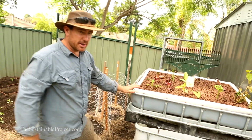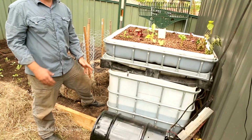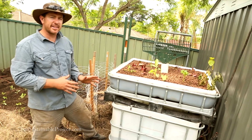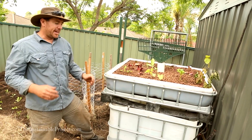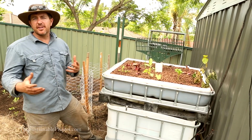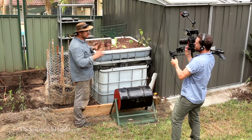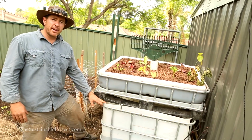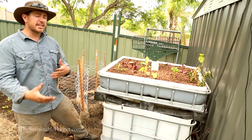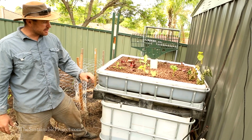So how aquaponics works is down the bottom here. We run silver perch, we will. At the moment there's none in there. So when you first get your aquaponics tank, I started with rainwater. If you start with tap water, there's a lot longer period to sort it out, get all the chlorines and all the chemicals and fluorides and stuff that are put in there. So we actually start off with rainwater and fill this up with rainwater, which makes it a lot easier to get it going. So what happens is you put your water in the bottom,